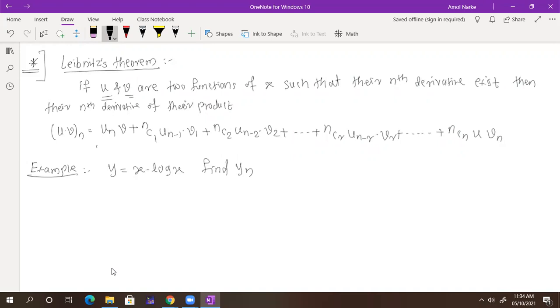So you need to find the last terms then. Whenever v is nothing but 1, 2, 3 like that, or u is 1, 2, 3 like that, the last terms. So we need to start from the last. So consider as u a function whose nth derivative we can find, and consider as v another function whose derivative vanishes after some derivatives. So here, if I consider u is equal to log x and v is equal to x, tell me what is un, the nth derivative of log x.